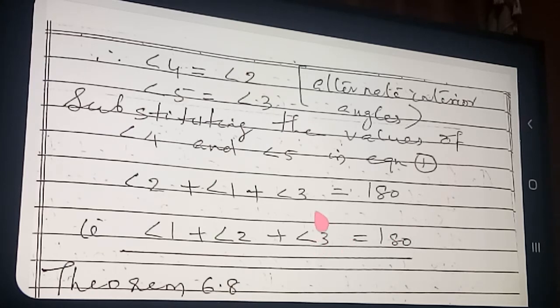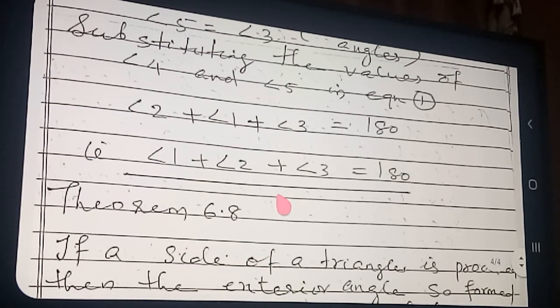Very simple theorem, easily you are getting it. So the sum of all angles of a triangle is 180. It is a repeated question for the examination also. Very important theorem, theorem number 6.7. The sum of all angles of a triangle is how much? 180. Angle 1 plus angle 2 plus angle 3 is equal to 180. I explained all the above points 2-3 times, so enough now. Okay, clear? Learn it perfectly.